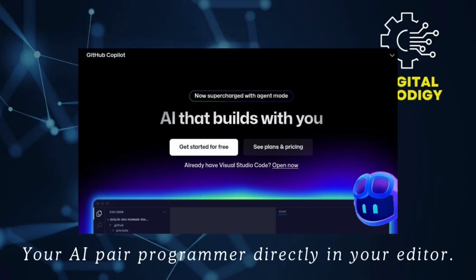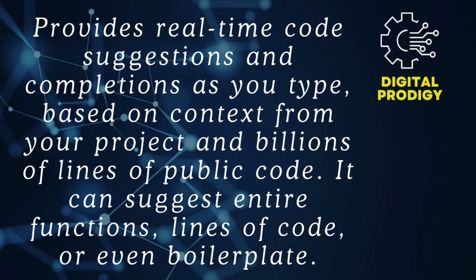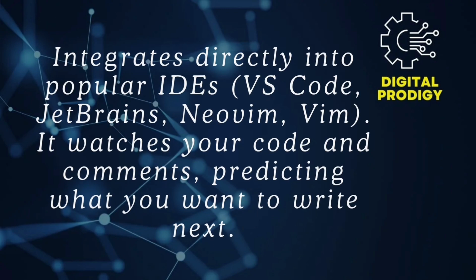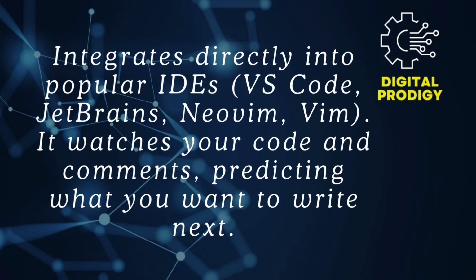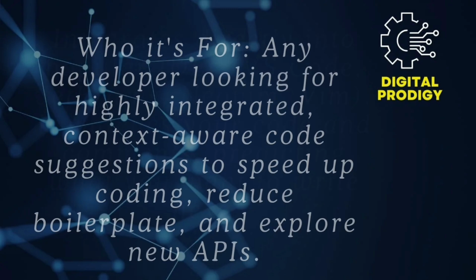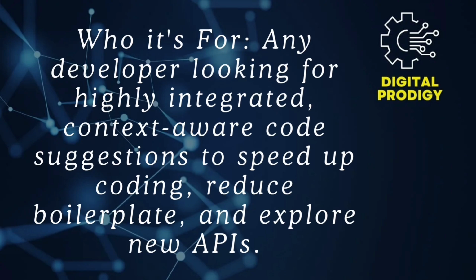GitHub Copilot is your AI pair programmer directly in your editor, which means it provides real-time code suggestions and completions as you type based on context from your project and billions of lines of public code. It can suggest entire functions, lines of code, or even boilerplate. How does it work? It integrates directly into popular IDEs. It watches your code and comments predicting what you want to write next. This is for any developer looking for highly integrated context-aware code suggestions to speed up coding, reduce boilerplate, and explore